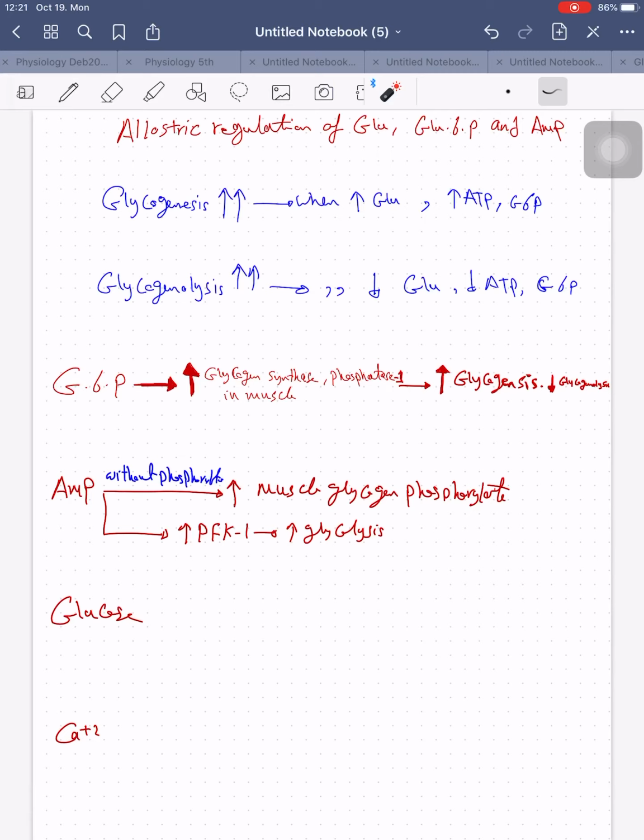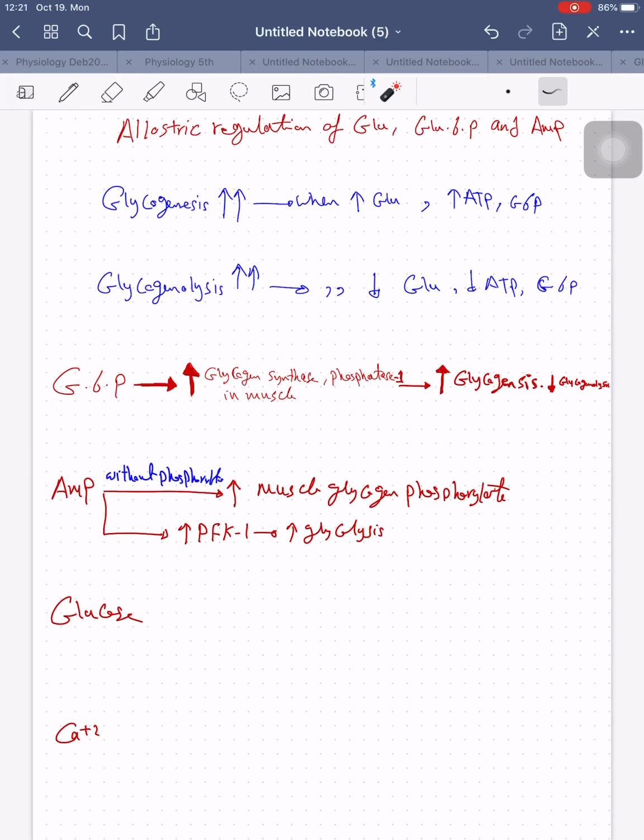Last thing about glycogen metabolism: allosteric regulation by glucose 6-phosphate and AMP. Glycogenesis increases if I have more glucose, more ATP. Glycogenesis, I build up, if I have more glucose, more ATP, more glucose 6-phosphate. And glycogenolysis increases if I have the opposite. So glucose 6-phosphate itself